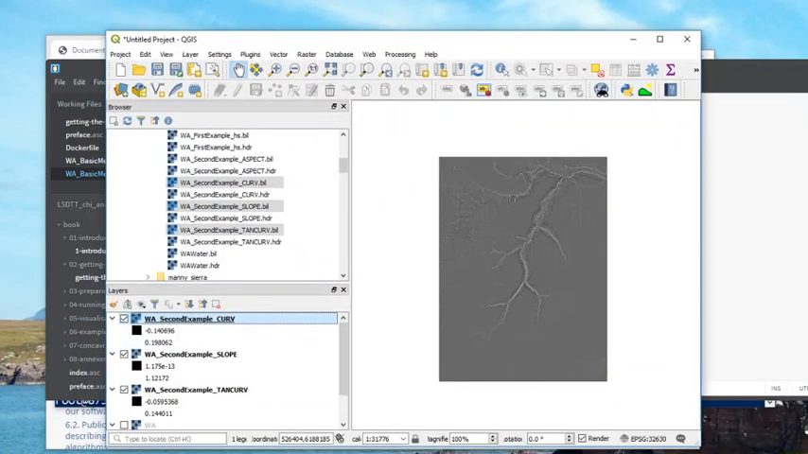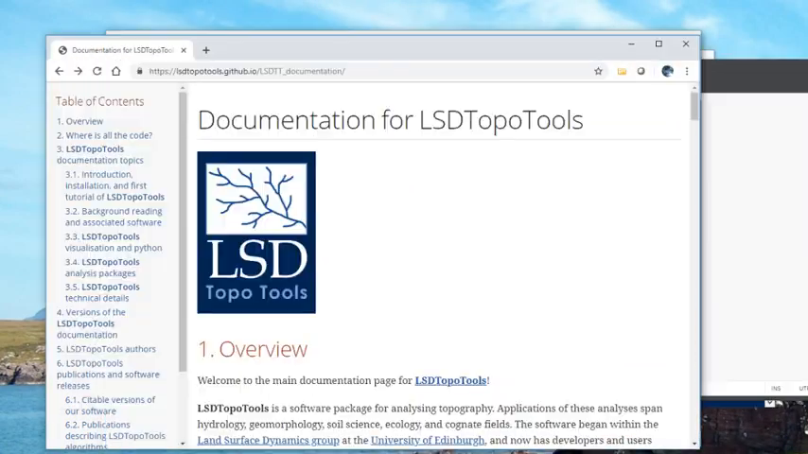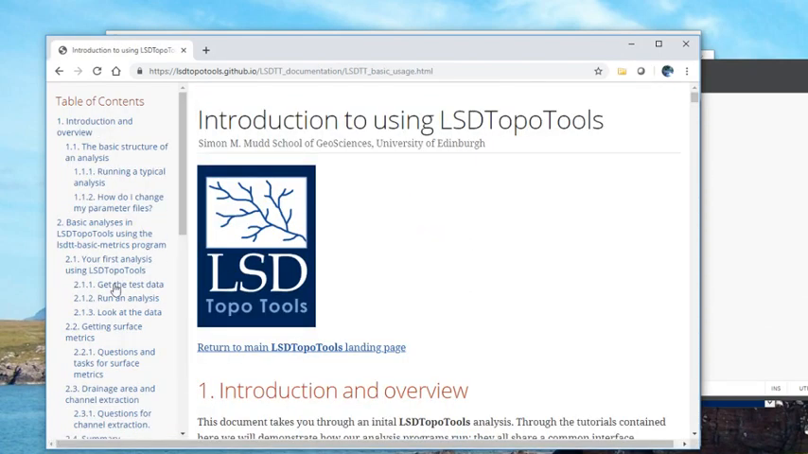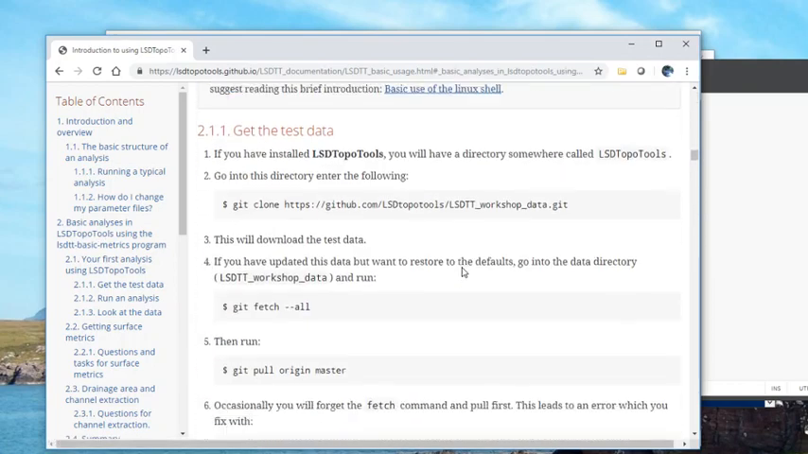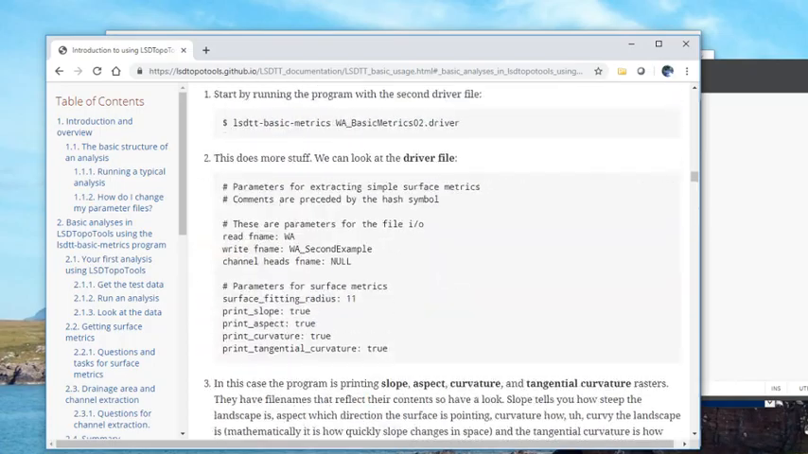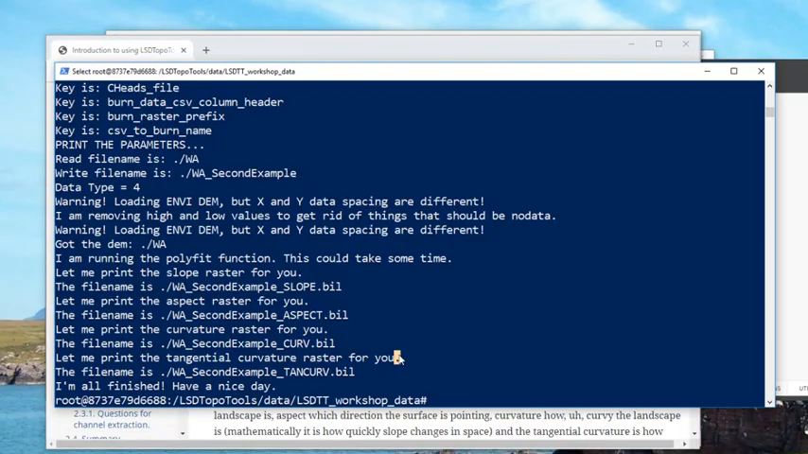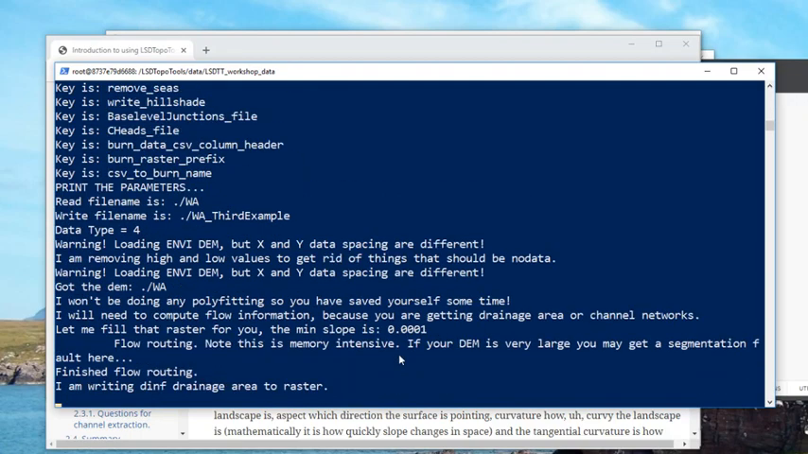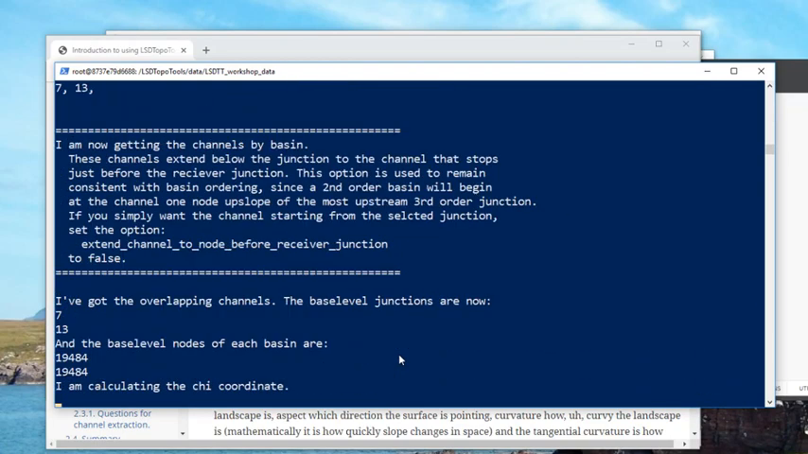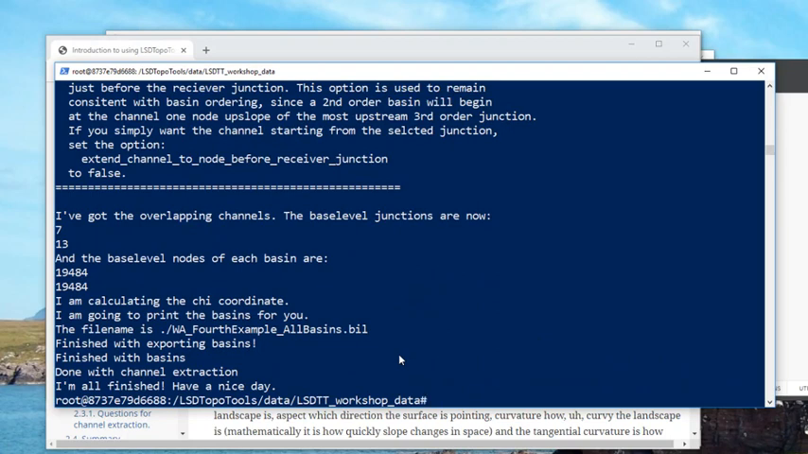So these examples are from the documentation. I'll go down, so it's in these basic analyses. So you can go through this, and basically I've just gone through this section. If I carry on doing this, I can just continue and get the third and fourth ones. So that one actually writes a flow routing algorithm. The fourth one does a chi analysis. You can read all about that in our